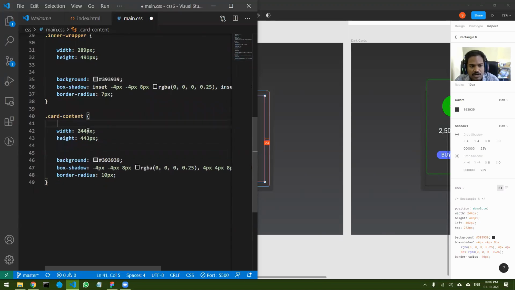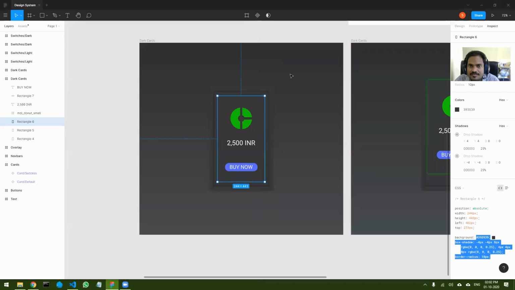Now why did I remove position absolute from this? Can anybody tell me why did I remove position absolute? The reason I removed position absolute is because I am not positioning it with respect to something.